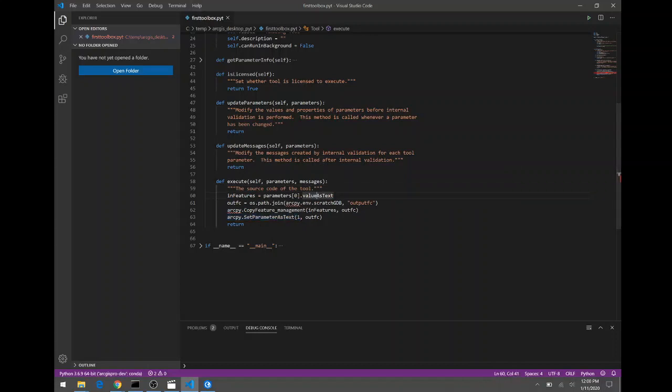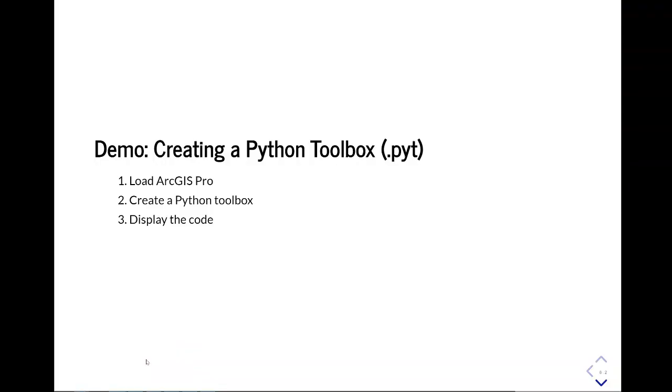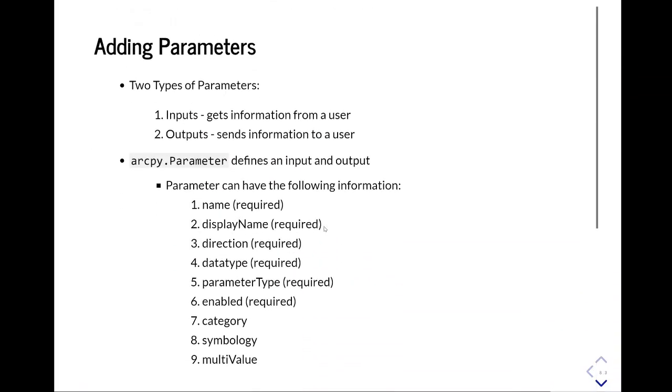So there we have it. That's a Python toolbox and the general structure. So let's get back to our presentation. So we saw this before, and I'm going to rehash that, and that's the parameters. We define that within our parameter function, and we have two types, inputs and outputs. Parameters can be